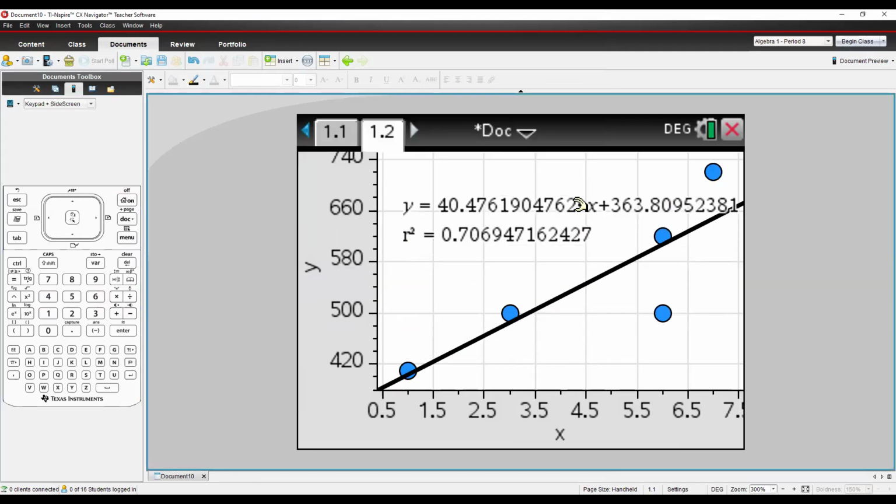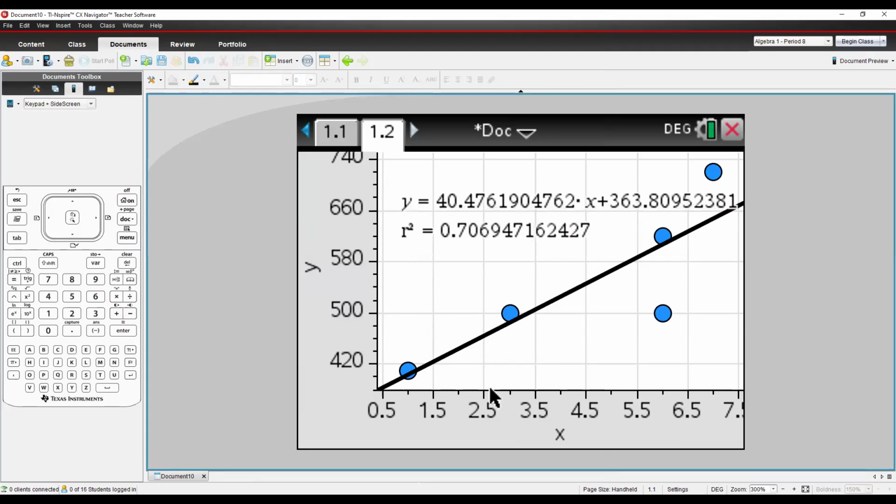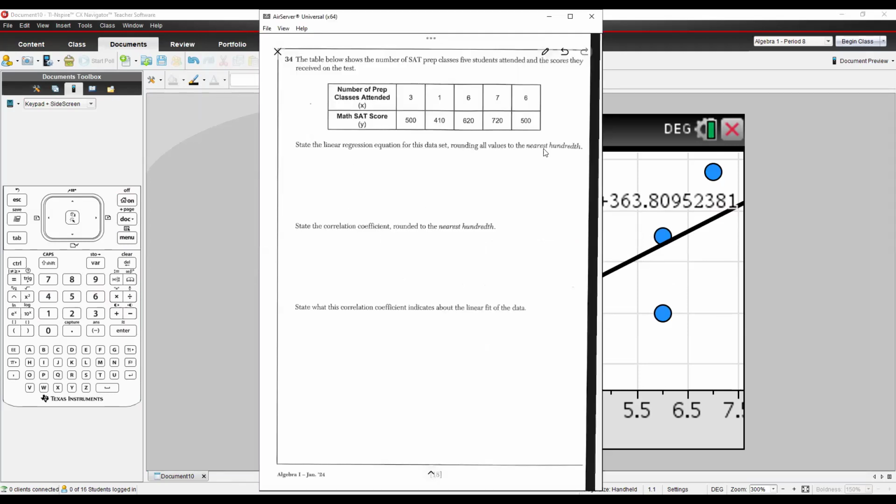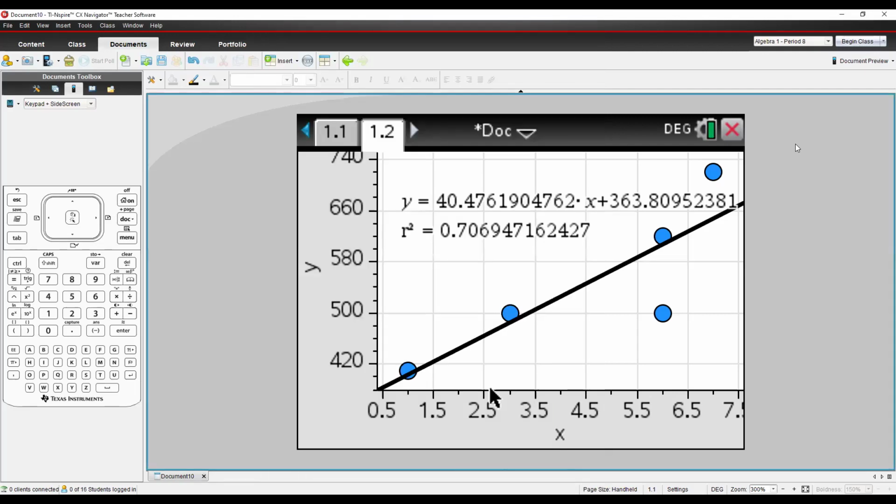Here's the equation. According to this, we're going to round the linear regression to the nearest hundredth, that's 2 decimal places. And we're going to state the correlation coefficient, and round that to the nearest hundredth as well. So let's do that. If you see the slope 40.476, this 6 is the number. It's 5 or above, so we're going to add 1 to the 7. So it's going to be 40.48, and then we put it times x. So it's going to be y equals